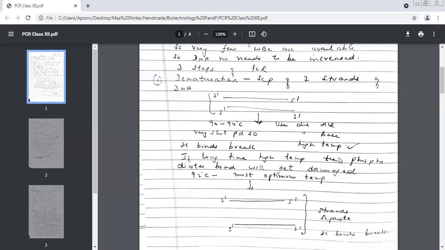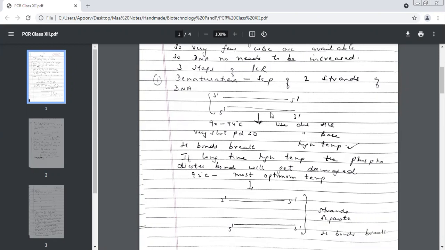We know DNA is double-stranded. You remember DNA is what? Single-stranded or double-stranded? Double. So we are going to denature the DNA. We are going to change the structure of DNA. It was double-stranded. We make it single strands. When you open the double-stranded DNA and make it single-stranded, it looks like this. The upper strand has 3', 5', and this one has a 5', 3' end.